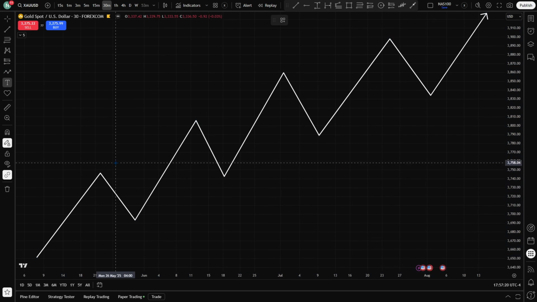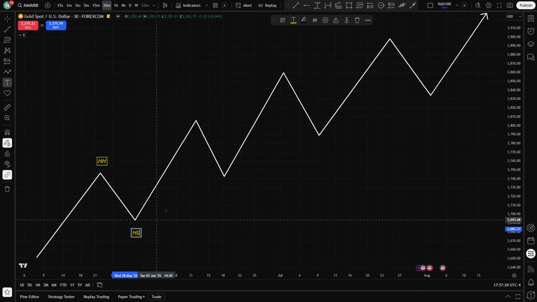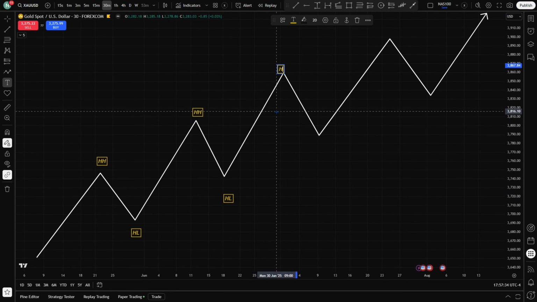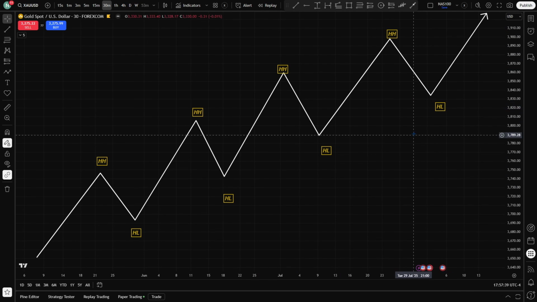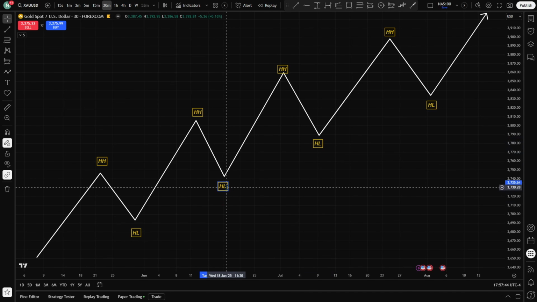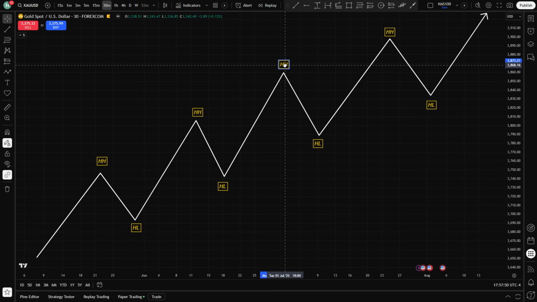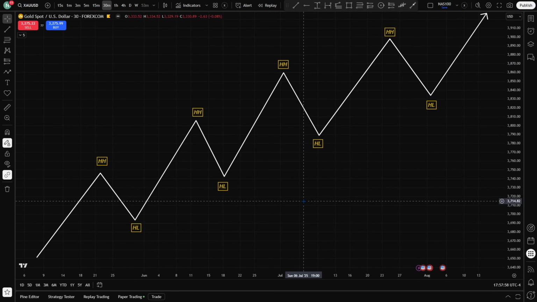So to highlight this, all right, so you guys can see here we have our higher highs and our higher lows. So why is this important? Because this tells us a lot about the market. This also gives us opportunities to enter a trending market. All right, so this will be a trending bullish market here, and this gives us opportunities to enter the trend